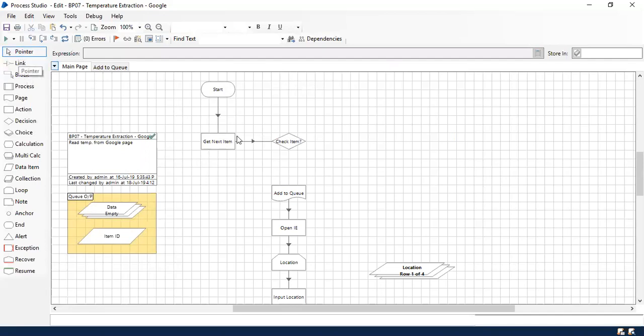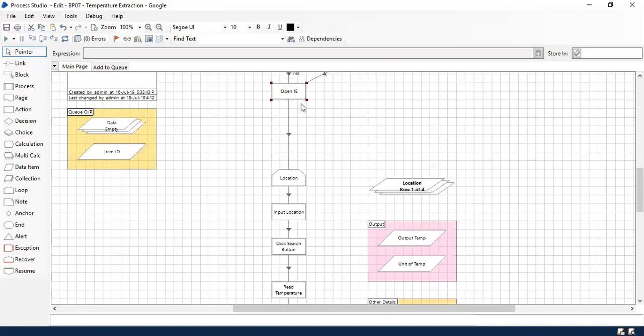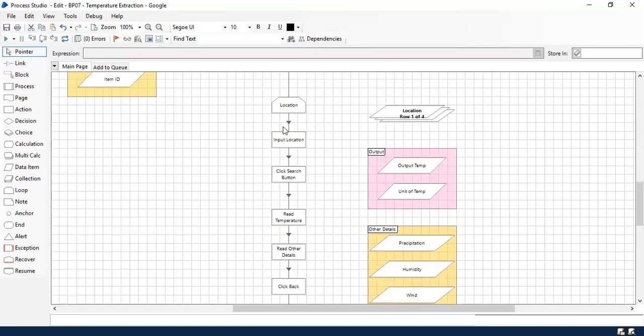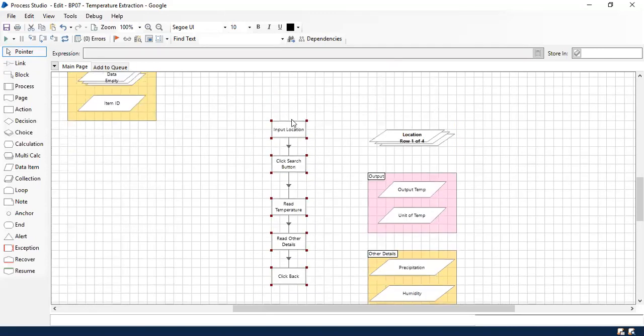Now, if you are confirmed that you have an item in your work queue, just connect it here, which is the ideal business flow where you are going to perform opening Internet Explorer and doing all the things. And remember to remove the loop, because your loop action is taken care of by your queue, since each and every transaction is going to come from there. So you don't want a loop here as well.